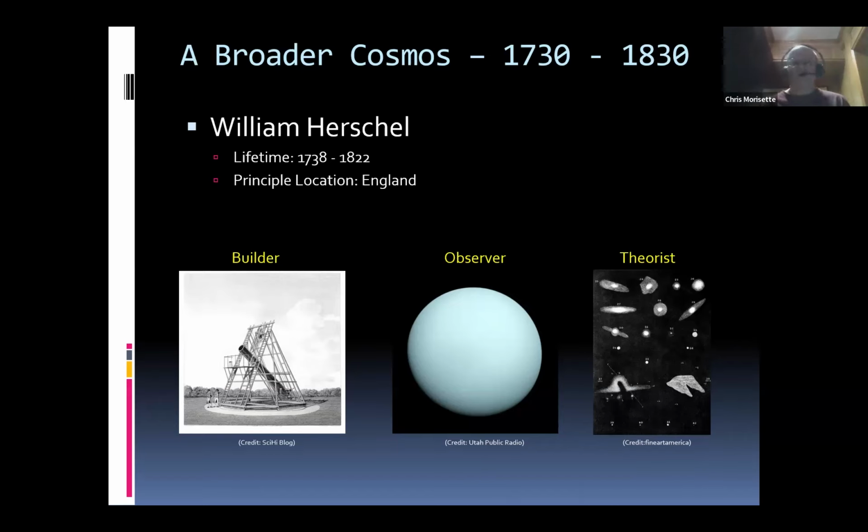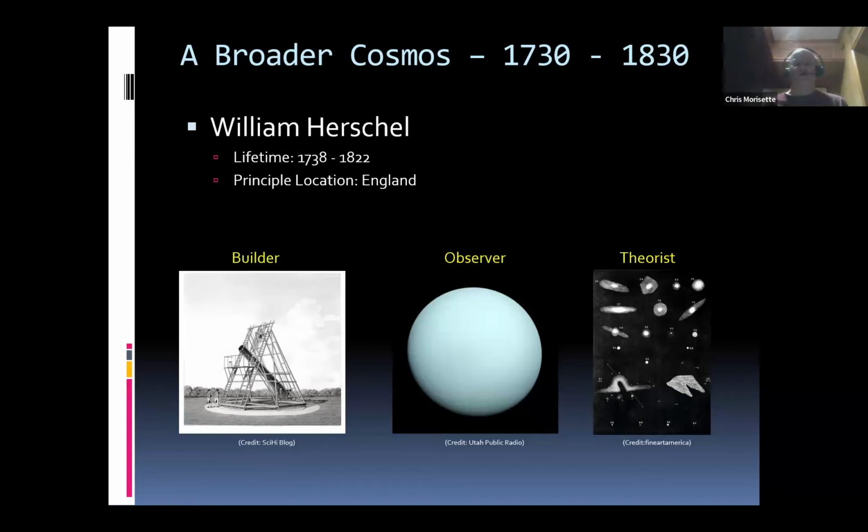Every once in a while, there would be an event out in the broader cosmos that would occur, such as the Crab Nebula that was observed by Chinese astronomers. I think somewhere in the neighborhood of 1200. Don't go check me on my dates, but that was one example where something in the broader cosmos happened, but there was really nothing that was methodically undertaken to better understand the outer cosmos until William Herschel came along.